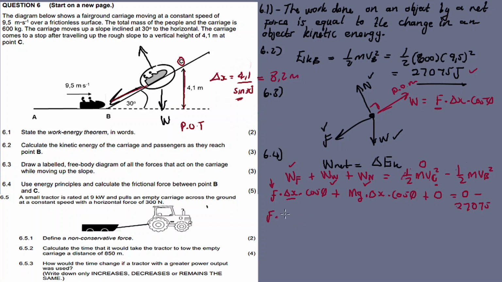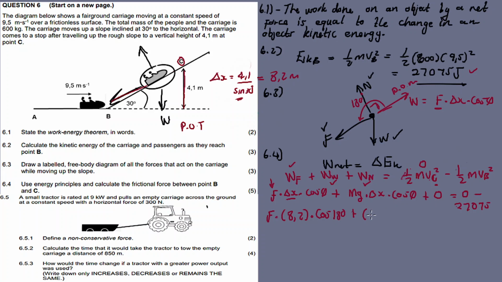You see, I did this on the side without substituting, but you need to show that calculation. So like cos 180 degrees, because the angle from the direction of motion to friction is 180 degrees, plus substitute